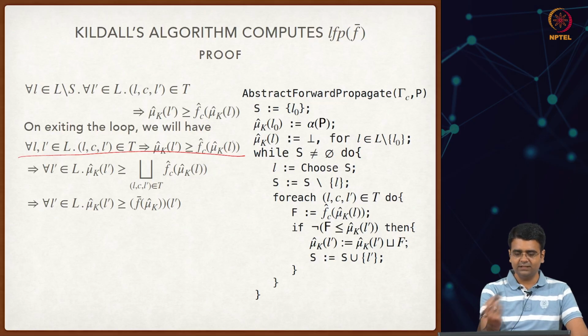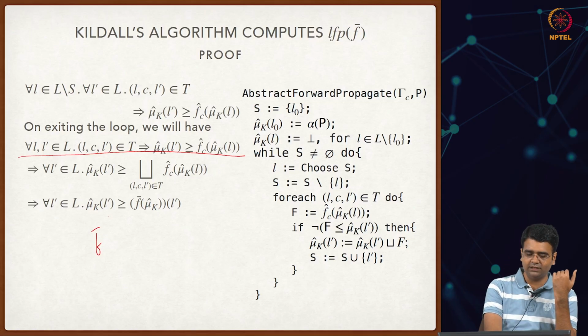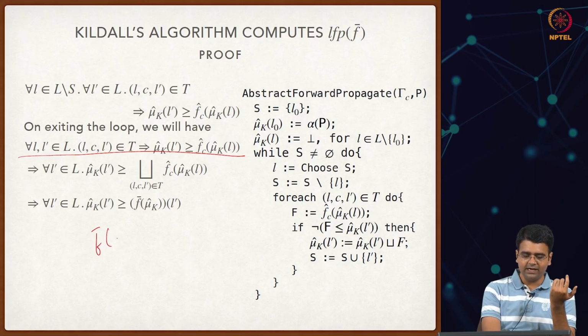Okay. Now how does this help us? Remember again what we had shown: we know that this f bar function is essentially encoding the data flow equations that we have seen earlier. So in particular, f bar at the location L prime, this is going to be, okay, f bar is a function. So if you take f bar of mu hat k,